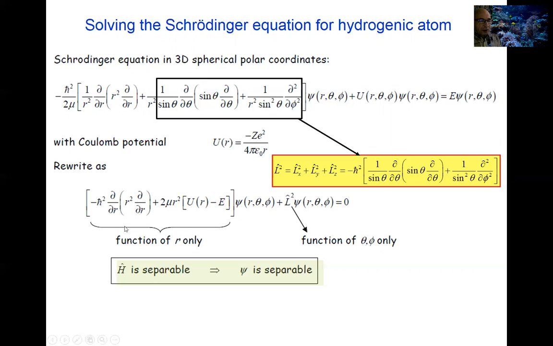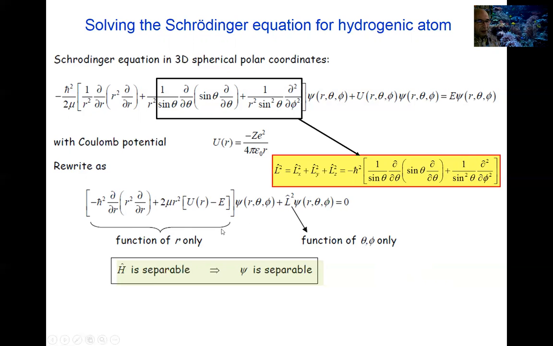So that means that we can rewrite our equation in the spherical polar coordinate system using, say, effective mass and also the L squared operator, and basically separate the variables. So in the square brackets, we have terms which depend only on r, and they are acting on the wave function, which is a function of r, theta, and phi. And here we have terms like the L squared operator, which depends on theta and phi, also acting